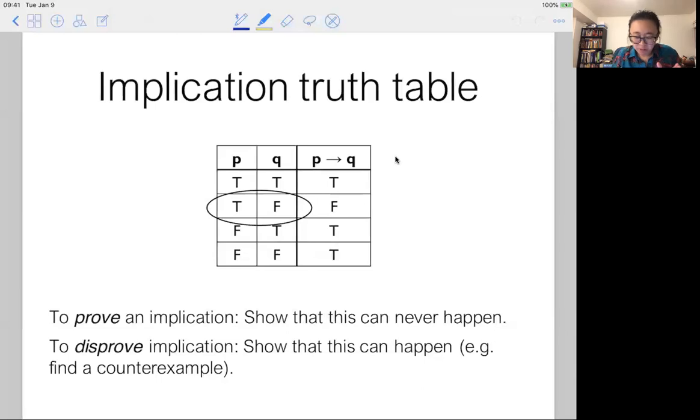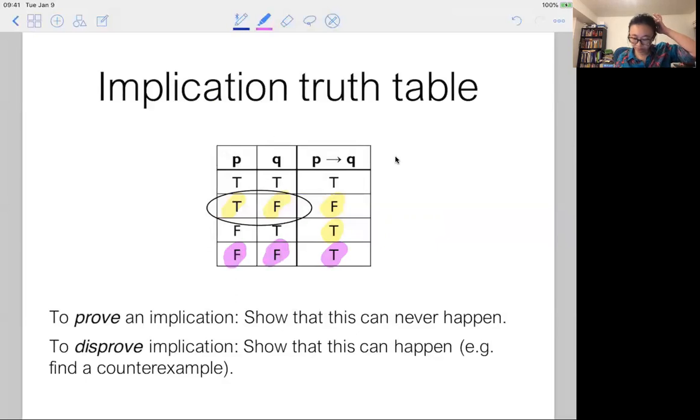The most important part is the second row: in the truth table for implication, if P is true and Q is false, then the implication is false. Also remember, if P is false and Q is true, then the implication is true. And if P is false and Q is false,